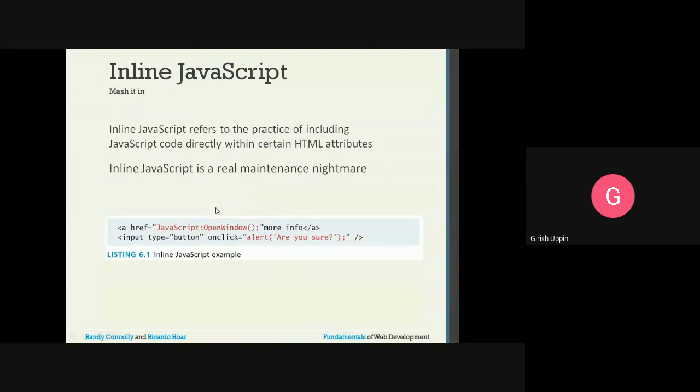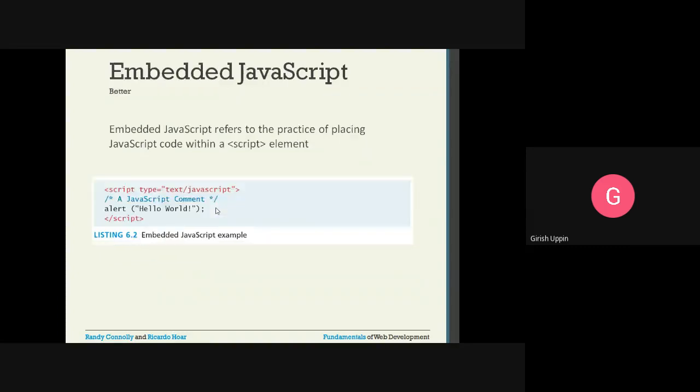Even though we can include JavaScript as inline, it is not recommended. It should be discouraged, because it causes a big maintenance headache. If it is a very simple application, maybe it will make sense. But if you work on very complex, very large projects, having inline is not the right kind of solution. We should not be using inline JavaScript. I will show you the example for the inline.